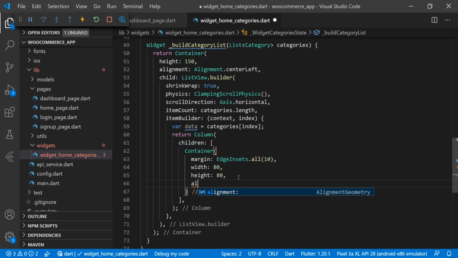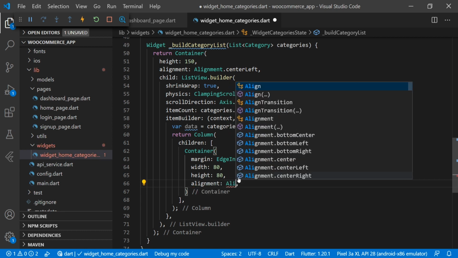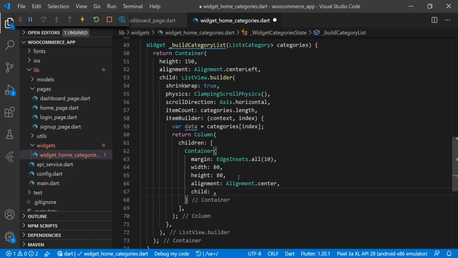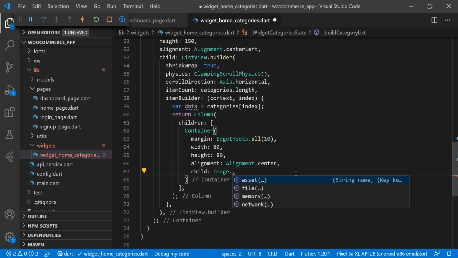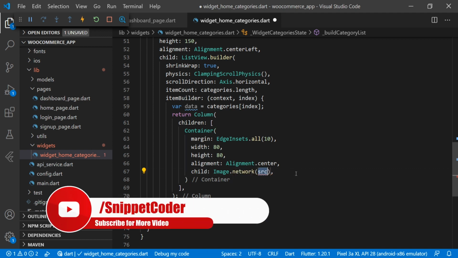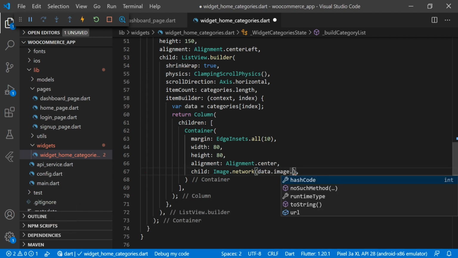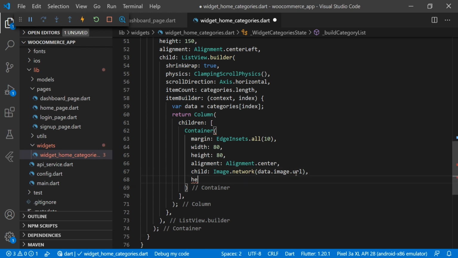Then we have alignment. For the alignment we are using alignment dot center, and in the child we are using image dot network, and here we will pass the URL, and for that we are using data dot image dot URL. Then we have a height here.